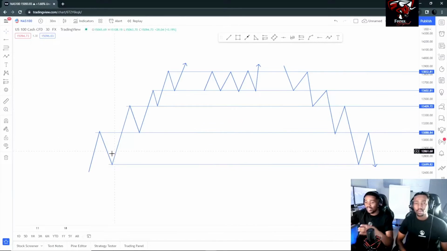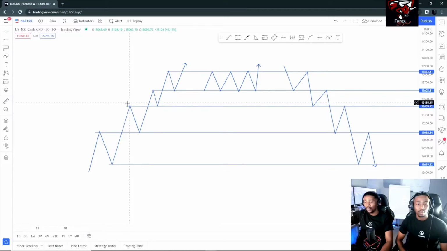So if you see here, guys, you can see right from where we are, there's an impulse move towards the upside. Whenever we say an impulse move towards the upside, just know that we're talking about a bullish movement, or we're talking about a push up. So the market moving from here to go up, it has basically created a high. This is our high, and once the market goes bearish, once the market pushes down and makes a reverse, we call this a low. We can see this is our high and this is our low,